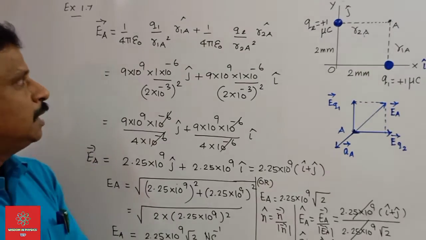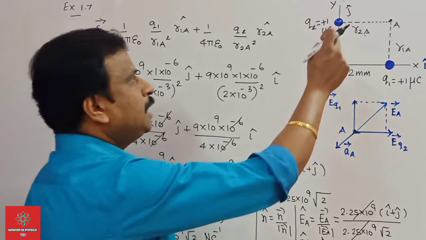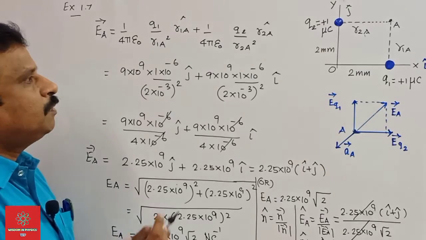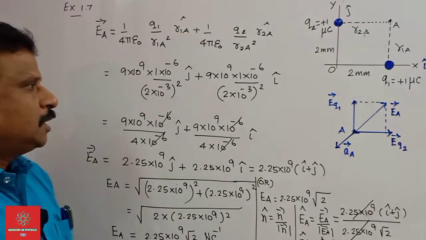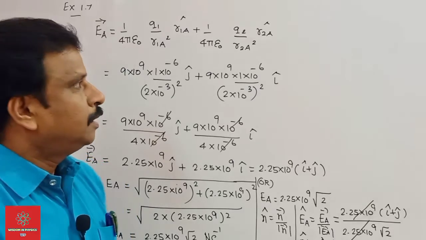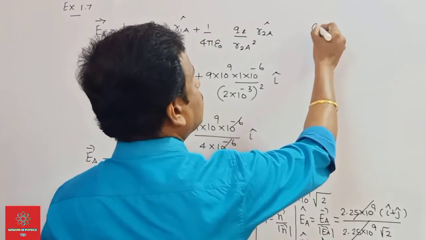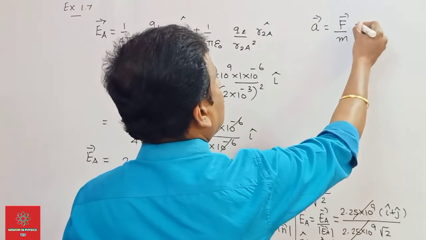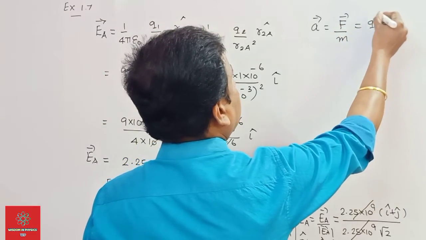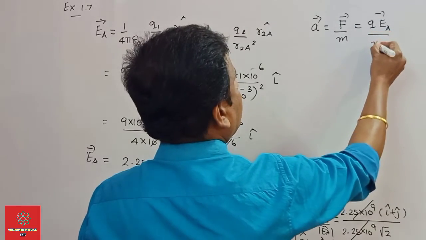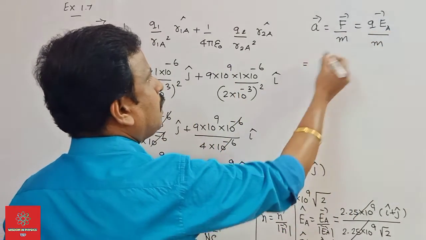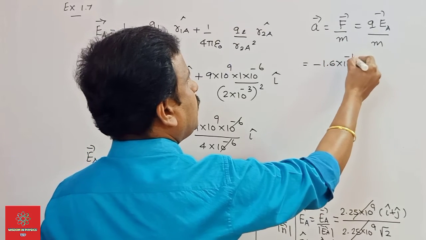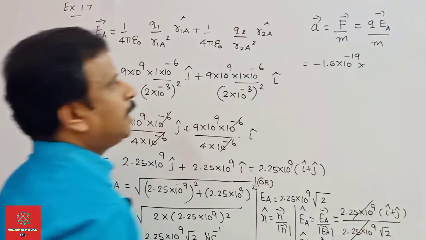Then what is the next question? The next question is, if you place an electron at a point A, then what will be the acceleration? You know very well, to find the acceleration, acceleration vector A is equal to force vector divided by mass. Here force is Q into E vector at point A divided by mass, right? Okay, what is the charge of the electron? It is minus 1.6 into 10 to the power of minus 19